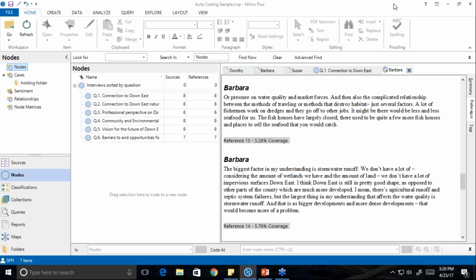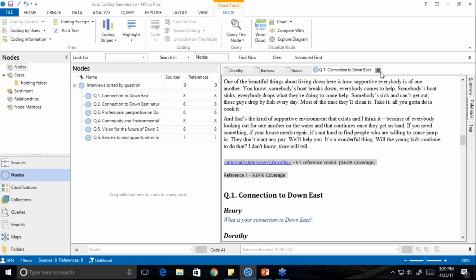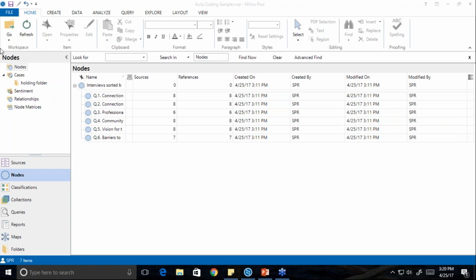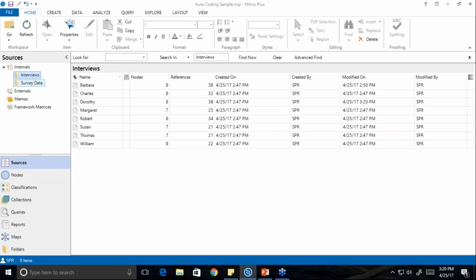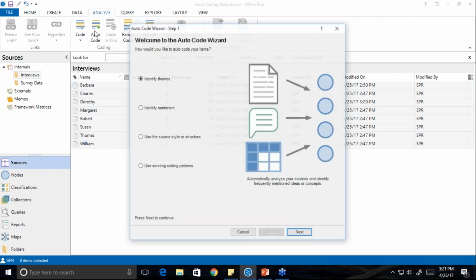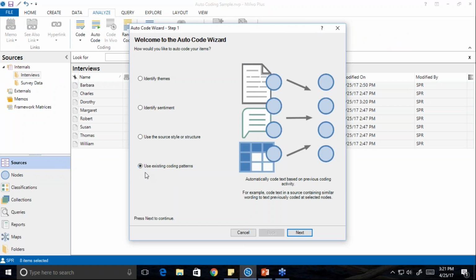Let me go ahead and clean up my screen a little bit here. With NVivo Plus, I do have some other options available to me so that if I have my sources here, under auto code, I do have the ability to use existing coding patterns. I'll talk a little bit about this. I don't know that there's been enough coding done that it will work out perfectly, but I want to introduce this concept to it. I'll go ahead